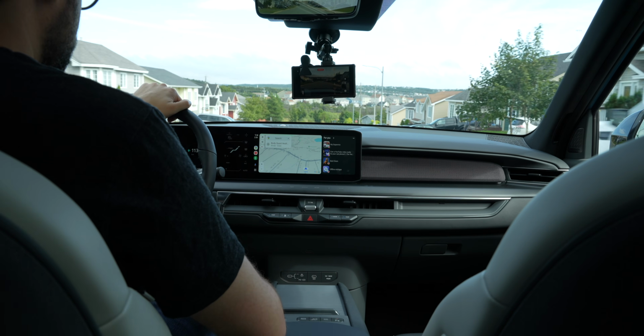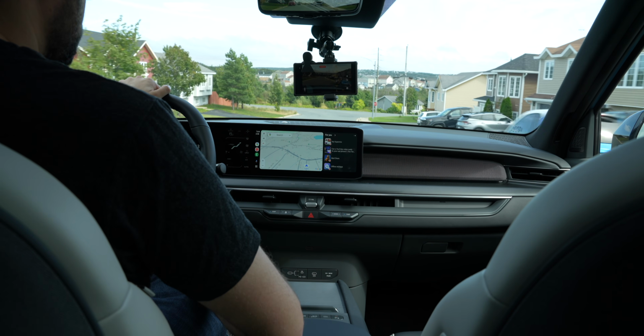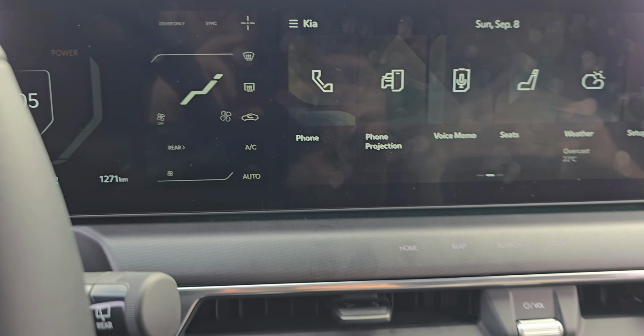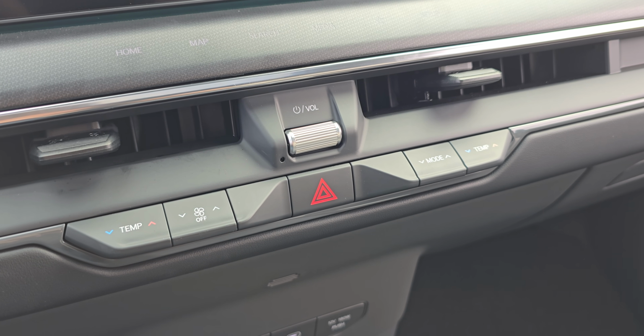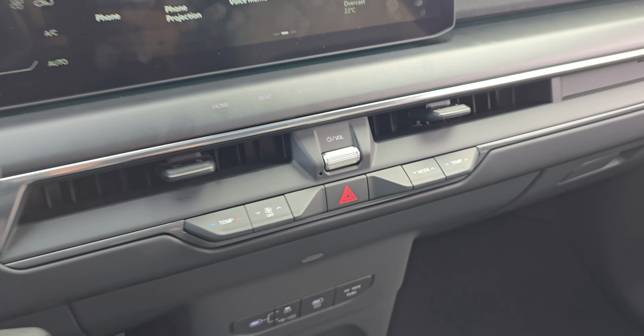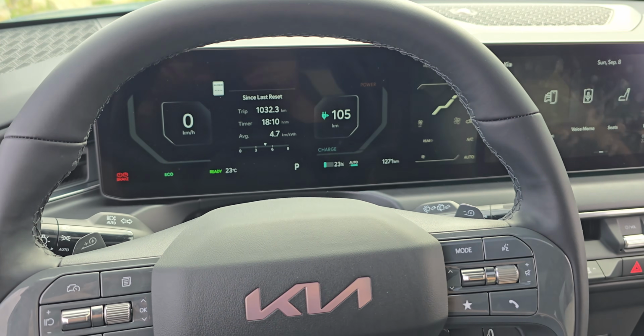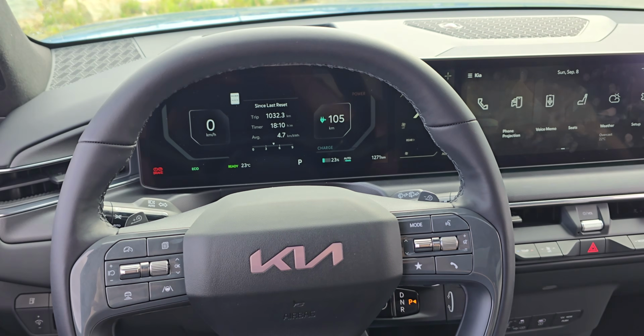And I'm 6'2", so my arms are not short. But I do like the size and overall resolution of the screen. What I really don't care for is the climate control screen. You do get hard buttons for most of this stuff, like temperature, fan speed, and for where the air comes out, but for everything else, you have to use this little screen, which is obfuscated by this chunky steering wheel. I can see maybe 40% of the screen at any given time, and it's pretty annoying to use or see